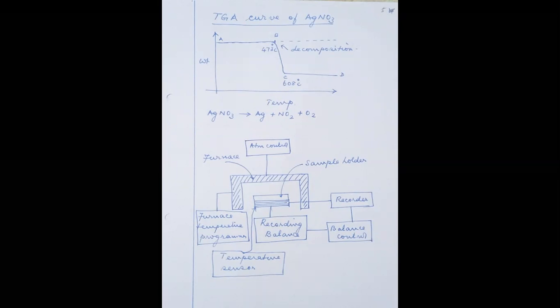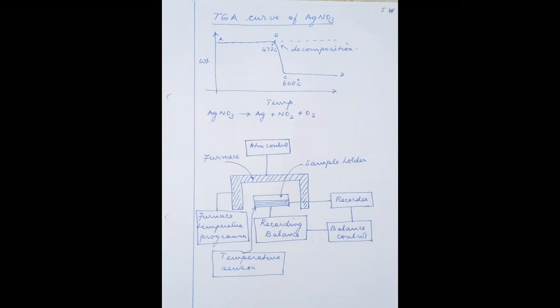Up to 473 degrees centigrade, there is no change in the weight. Then at 473 degrees centigrade, the decomposition begins. So that is Ti, the onset of the decomposition of silver nitrate. And then this decomposition continues till 680 degrees centigrade, and after 680 degrees centigrade, there is no change in the